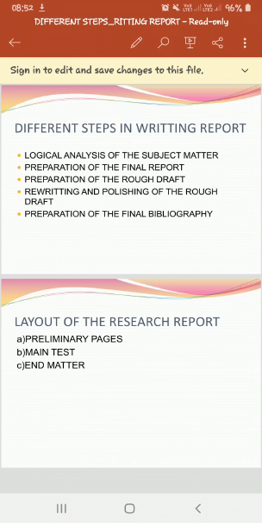The last and final one, the preparation of the final bibliography. Next in order comes the task of preparation of the final bibliography. The bibliography, which is generally appended to the research report, is a list of books in some way pertinent to the research which